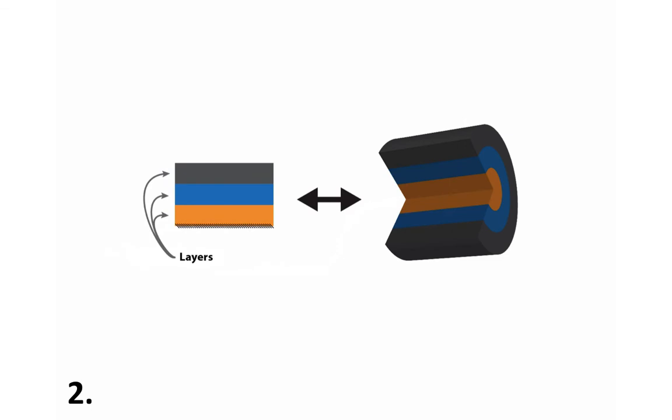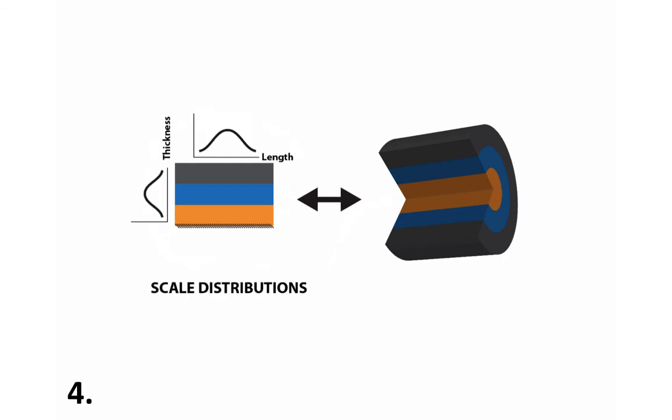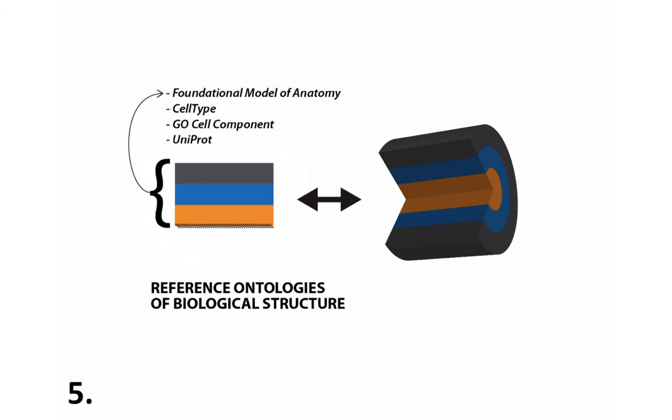consist of ordered layers of structure parts, have terminal borders orthogonal to the layers with polarity, bear distributions of scale for length and layer thickness, be annotated with terms from reference ontologies such as the Foundational Model of Anatomy, or identifiers from reference databases such as UniProt,